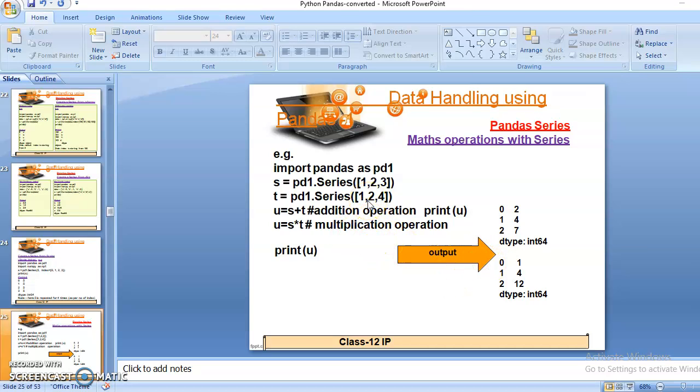Just like addition is performed between elements with the same index of the first and second series, in the same manner the element at each index is multiplied with the element at the same index of the second series. So 1 into 1 gives 1, 2 into 2 gives 4, and 3 into 4 gives 12 in the last position. So this is how we can implement and perform arithmetic operations, addition and multiplication, on a pandas series.